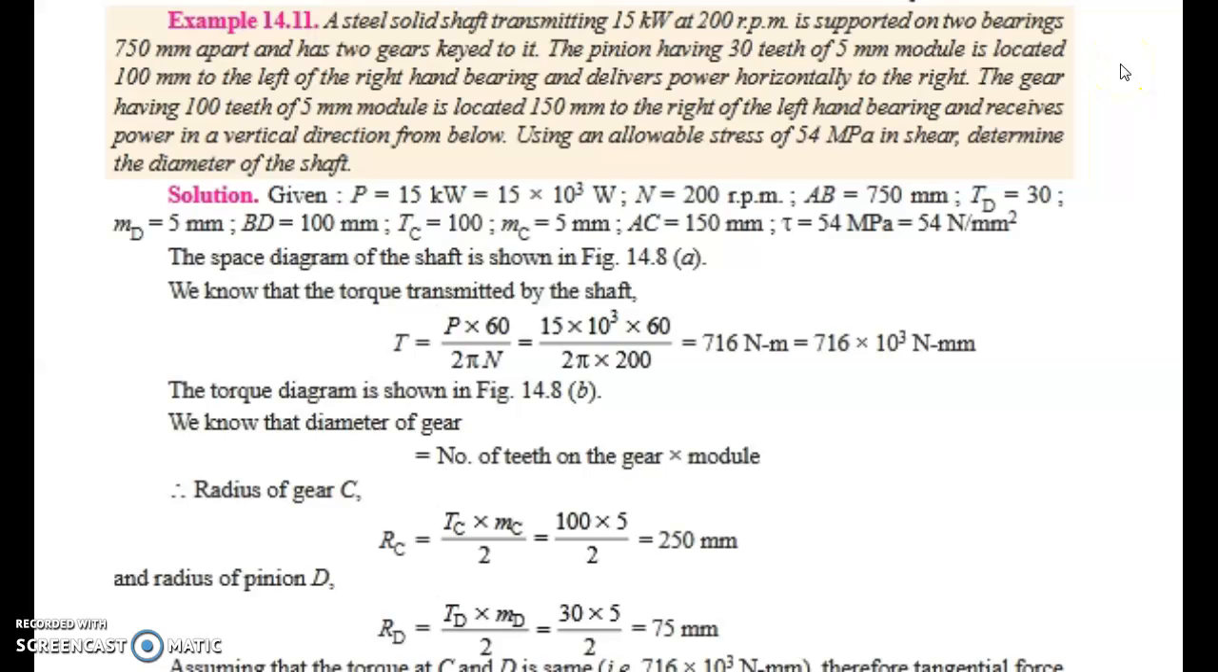Hi all. This is another question for shaft. Please listen to the question. A steel solid shaft transmitting 15 kilowatt at 200 rpm is supported on two bearings 750